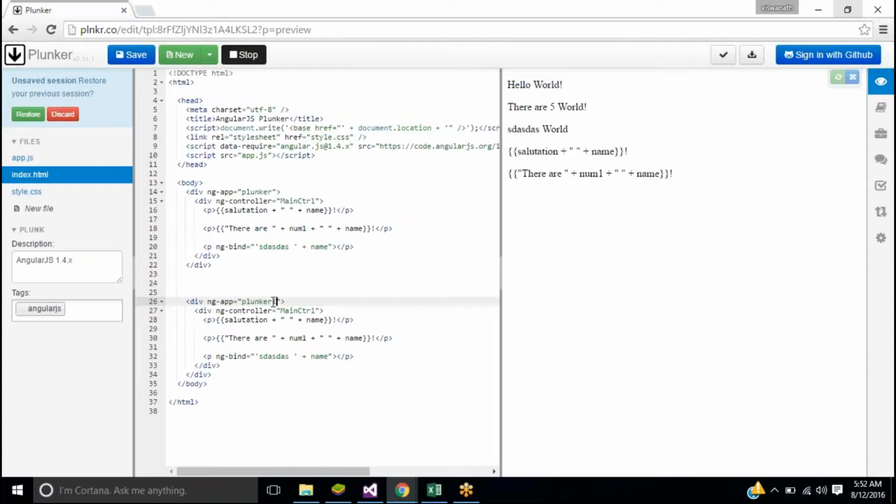Although, let's give a different name for an instance. But then you see that when we try to have multiple apps in the same page, only the first app gets executed, not the second app. Okay, why is it?